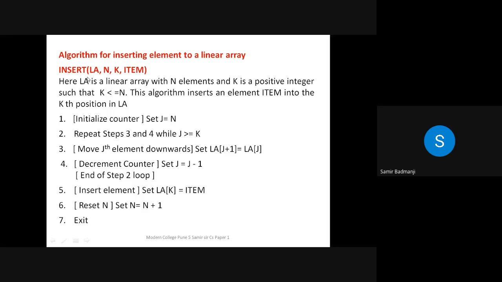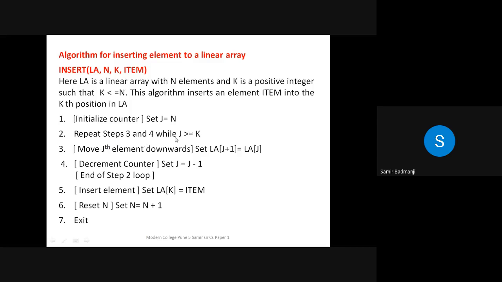So LA is a linear array. Linear means it is in sequence, n elements, and k is a positive integer such that k is less than or equal to n. This algorithm inserts an element item into the kth position in LA. So j is equal to n. N means the number of elements you have in the array.